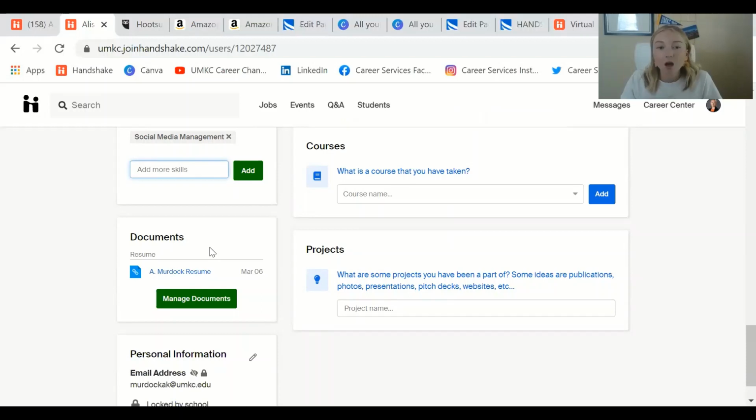So, resume. For the virtual career fairs this semester, your Handshake profile is so important because employers can look at your Handshake profile before, during, and after the career fair. And if you sign up for one-on-one sessions with the employers, this is how they're going to get to know you before that session or even during the session. They'll probably pull up your profile, look through things, and ask questions. So having this all filled out is super important.